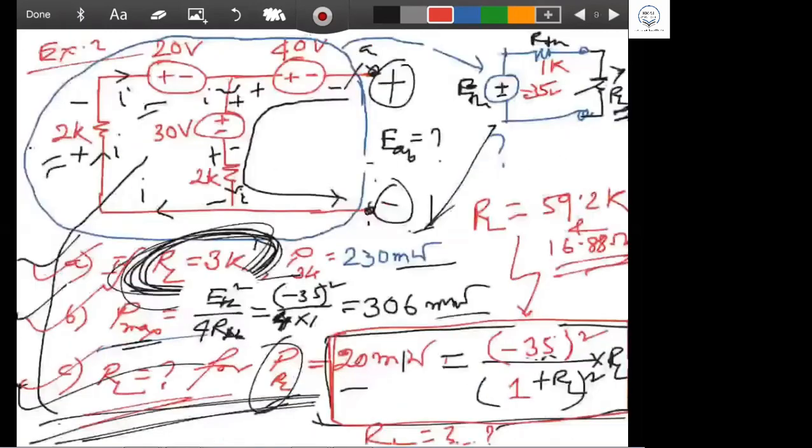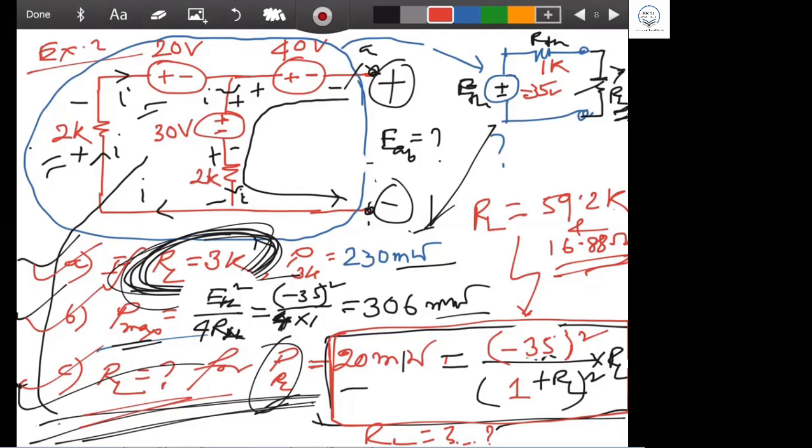In this case it is also the same. What we have done just now for this problem, the question will come like this: find the Thevenin equivalent, and then solve the maximum power